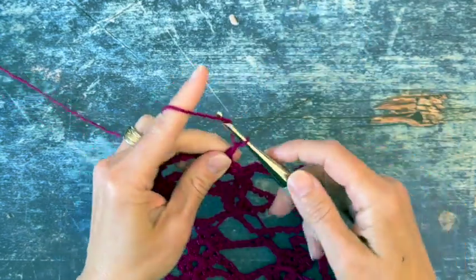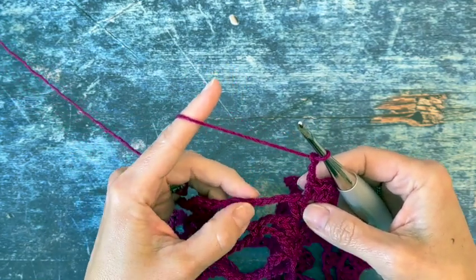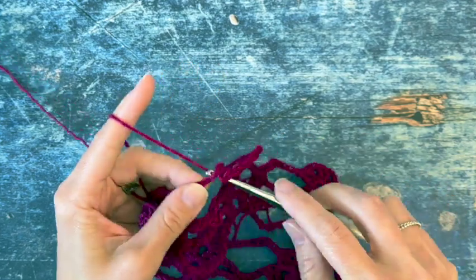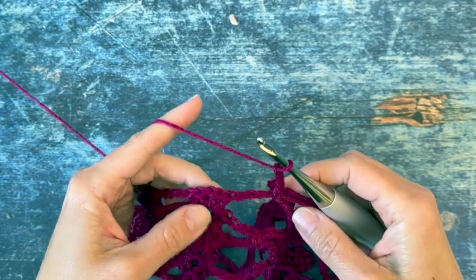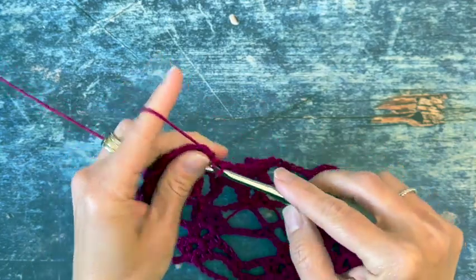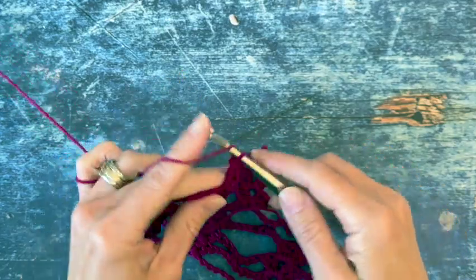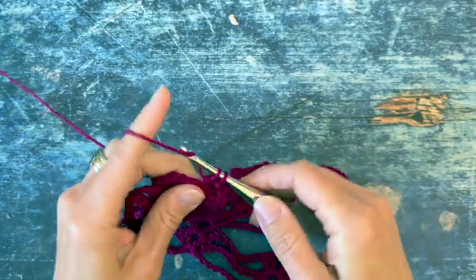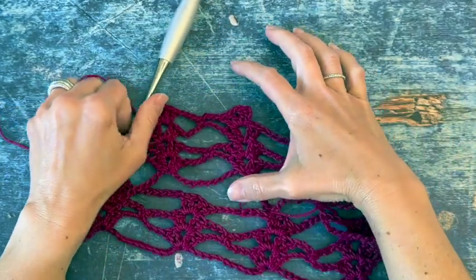Then we'll chain 3, skip the double crochets and the 3 chains and single crochet in the 4th chain, chain 3, skip the remaining chains on the first 2 double crochets, place another iris stitch in the chain 1 space, which is the 2 double crochets, chain 1, 2 double crochets. So you just repeat those 2 rounds until your scarf is as tall or wide as you want it,